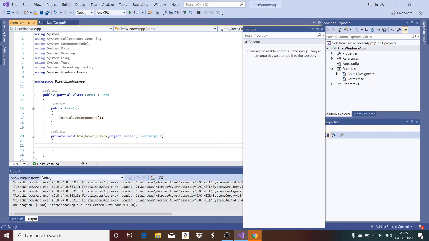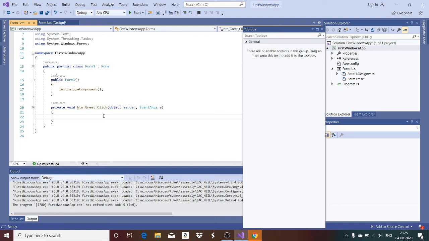So it says that form1.cs is the code file available for the event handlers. Whatever events are happening in the form, all those things will refer form1.cs for responding to the event triggered by the users.